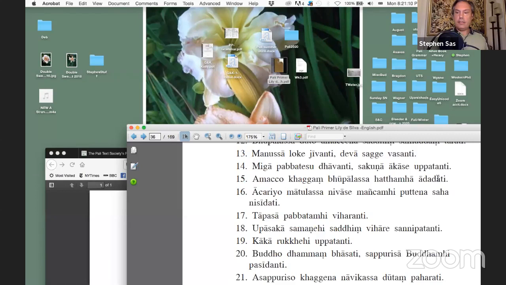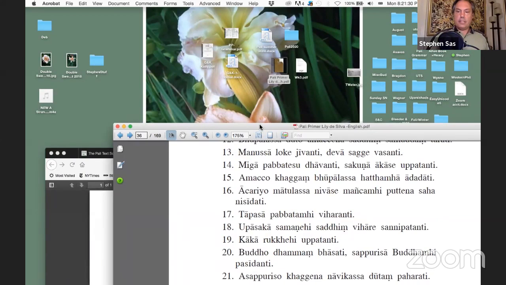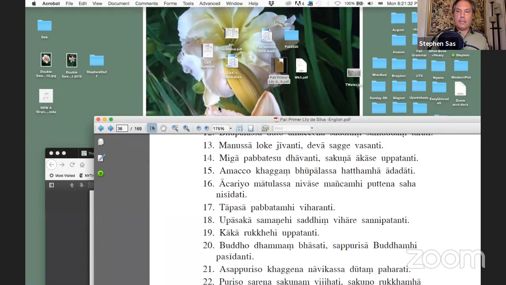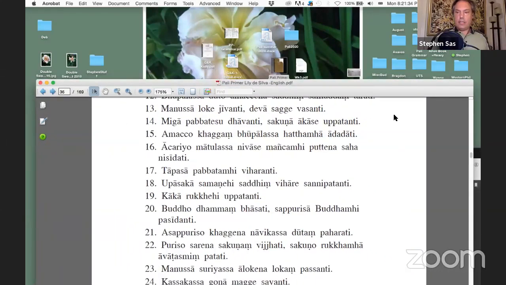I don't know if I can see if there are any hands, but I don't see any hands raised. Regina, are there any hands raised that I'm not seeing? There's one hand that's raised, Abhinav. Okay, we'll take the one question then. This is, of course, again, specifically about Pali Primer, lessons 1 through 8 first. So, Abhinav, are you there?